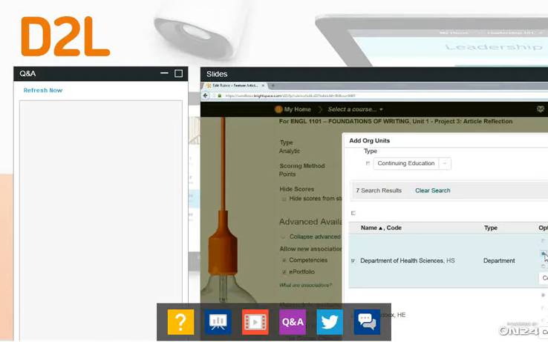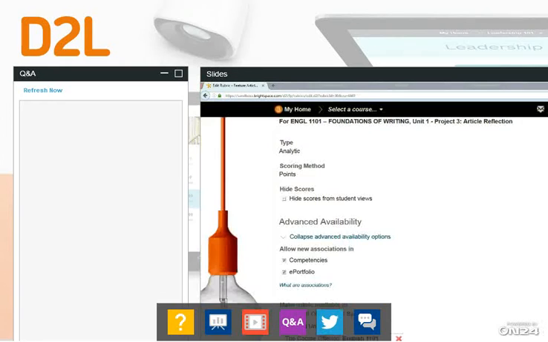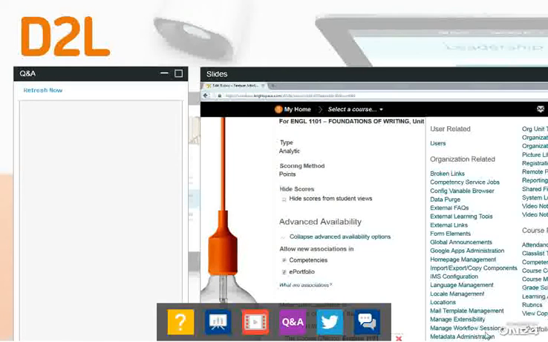You can do this in a course template level. So if this is a rubric that's going to be used in all English 101 courses, then you could say all of the course offerings are created under the English 101 template as well. So a lot of flexibility on what gets shared down where. And again, if it makes more sense to create this rubric at a sub-org unit in the system, so program department, same idea here. If you go into the org unit editor,